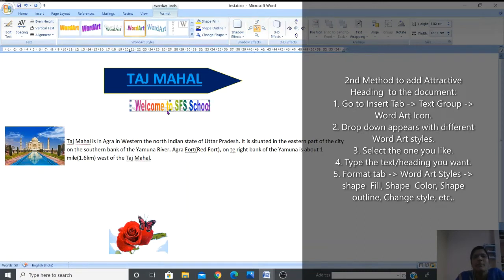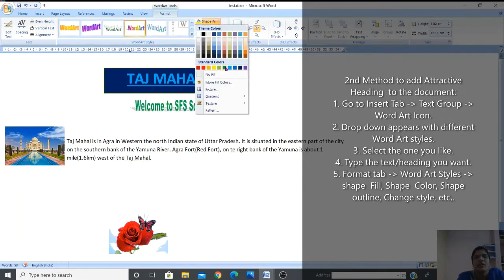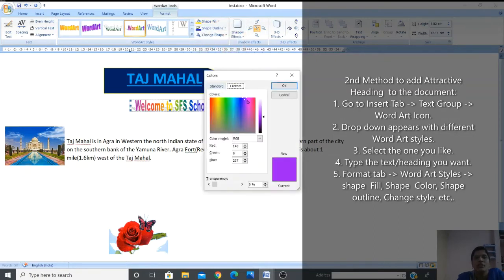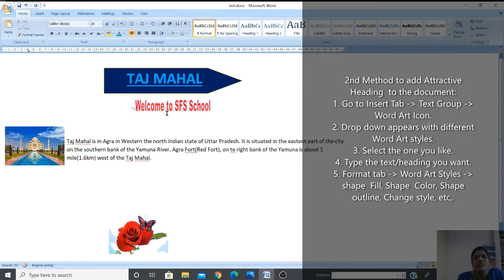I have taken this, and I like the pattern, but I would like to change the color. Is it possible? Yes, it is possible to change the color of the text, the fill also. It's already selected. You can see that it has a box, right? Then go to WordArt Styles, then Shape Fill. Click on Shape Fill and choose any color as you like. If you want blue, take blue, or if you want more colors, choose it and give color as you like. You can see it is full red in color.